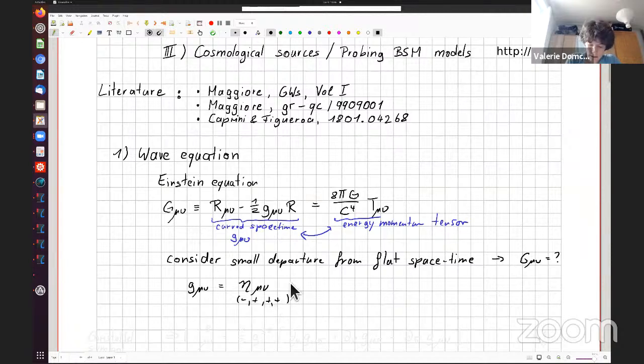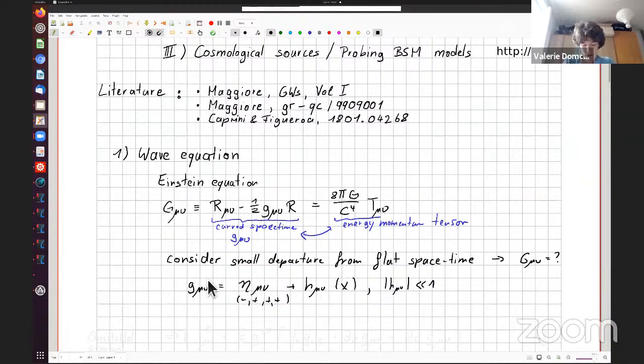And then I'm going to perturb this by something which actually depends on space and time, with the condition that this perturbation is supposed to be small. This is essentially the validity of the analysis that we'll be doing throughout these entire lectures. And the convention will also be that whenever I raise or lower indices, I will always do this with this flat metric component here.